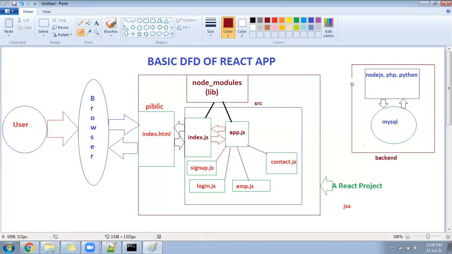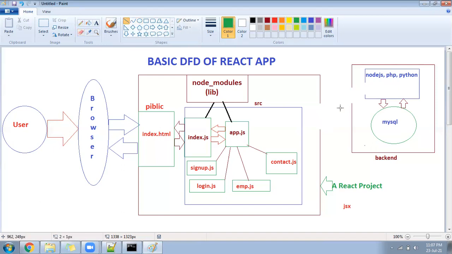React is going to communicate like this. It's called an API. You may have heard regarding the API. In interviews, every time people ask about API, right? So that I'm going to guide you now. Suppose this is the place where we are going to connect. Let me guide you in this way.